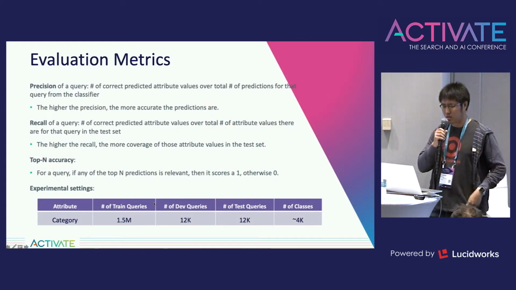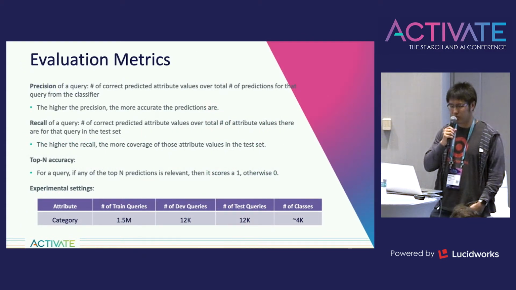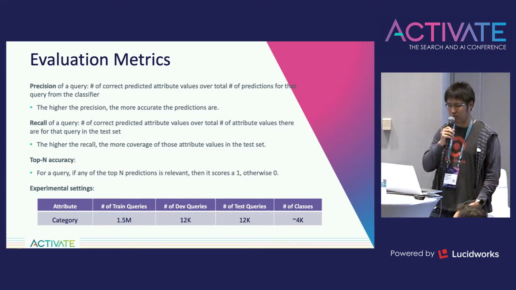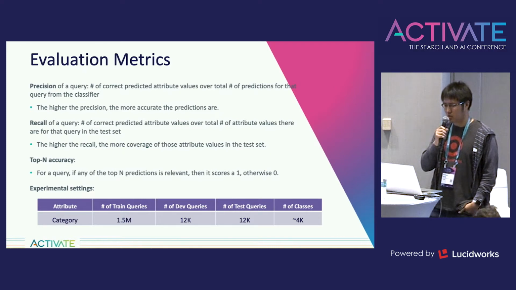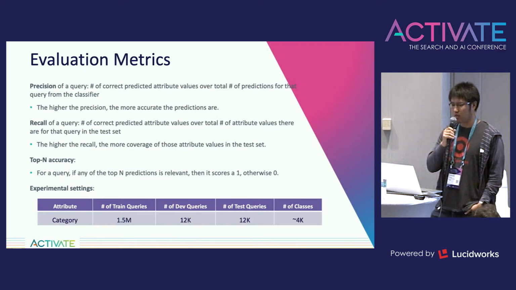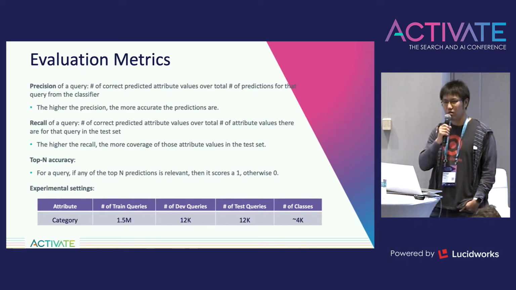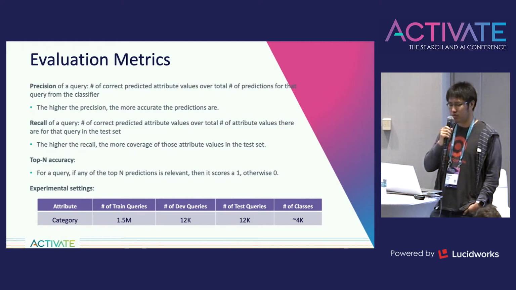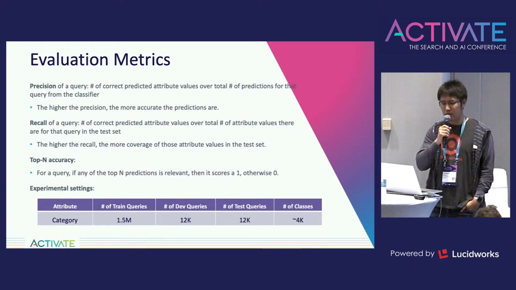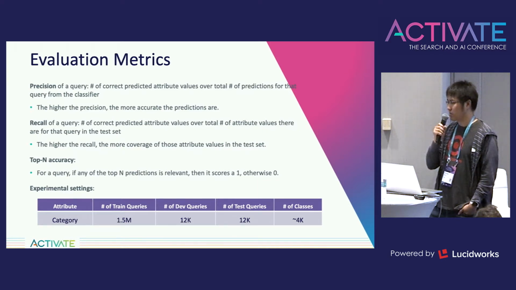So I'm going to present some evaluation results. Before that, let me first define what precision and recall are in these results. The precision of a query is the number of correctly predicted attribute values divided by the total number of predictions for that query from the classifier. That means the higher the precision, the more accurate the